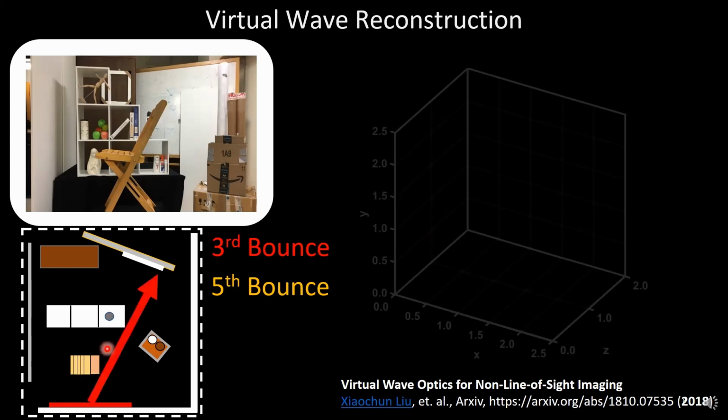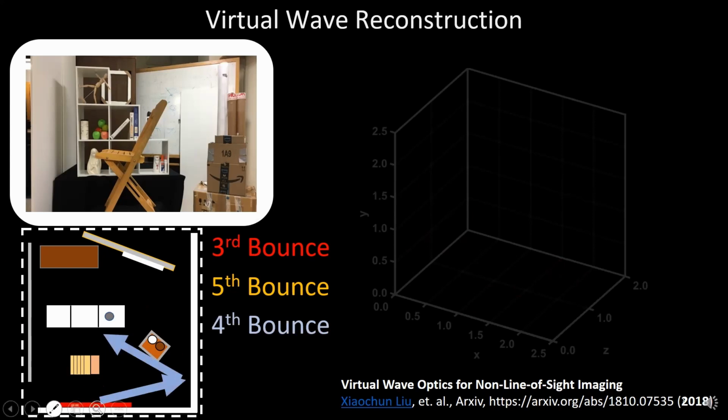Then you see the third bounce of the whiteboard in the back, right? It takes a while until the light gets back from there. And then eventually you see this weird stuff that washes off from the side, and that's actually light that bounced off the side of our lab, which is kind of barely visible over here in the photo. And then washed across the scene. So that's a 4th bounce. So that basically went from laser to wall, to the side wall of the lab, to the shelf, back to the wall, and to the camera.